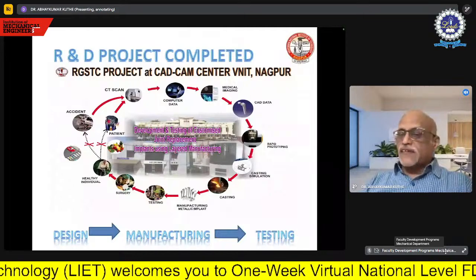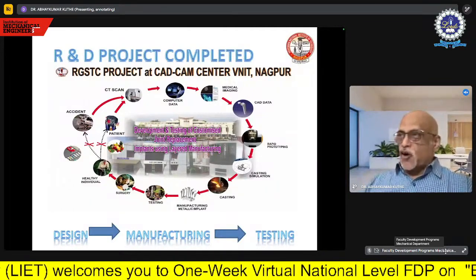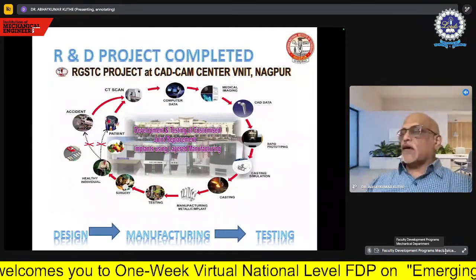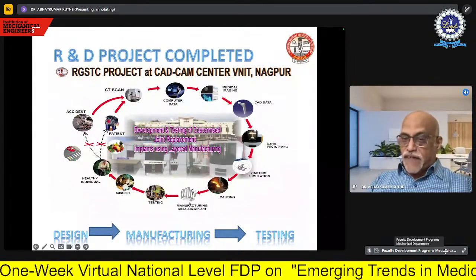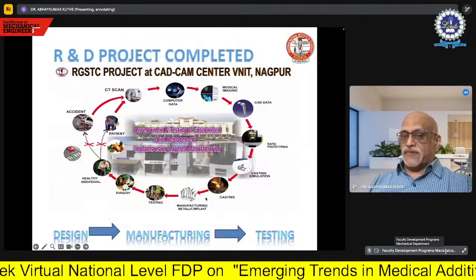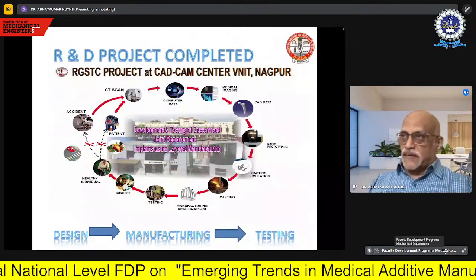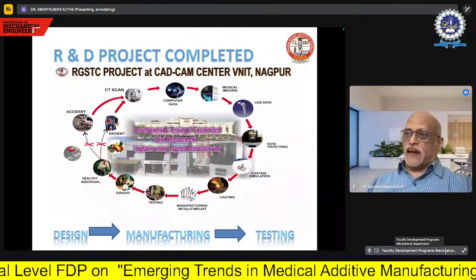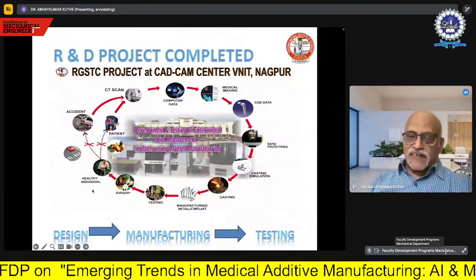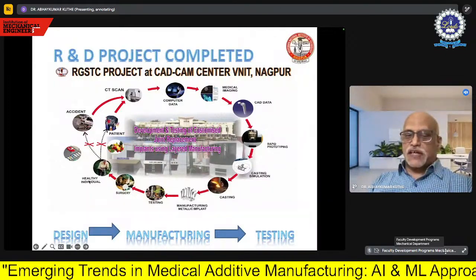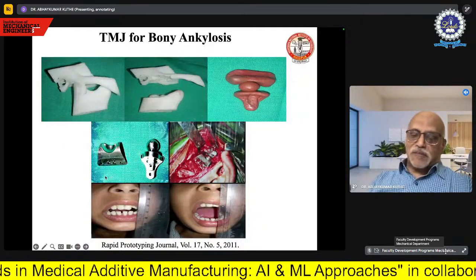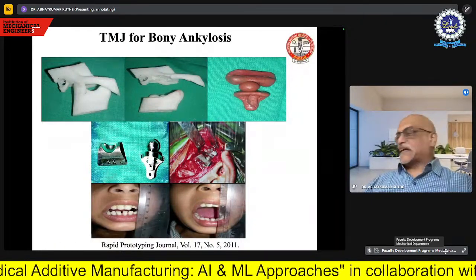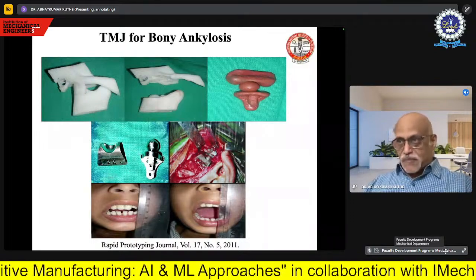And then use the casting simulation software to set all the parameters of a casting of that implant, and then get that particular metallic implant manufactured, which will be customized. Remember, this is customized. That means suiting to the patient's anatomy. And then we can test it and ultimately use in surgery to fit it into the individual to make him healthy again. Now, let me quickly show you about some of the cases that we handled. These are all the customized implants.